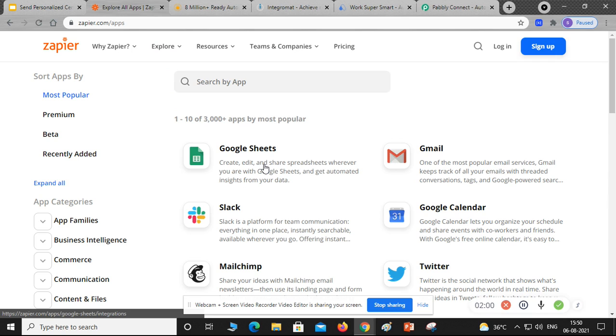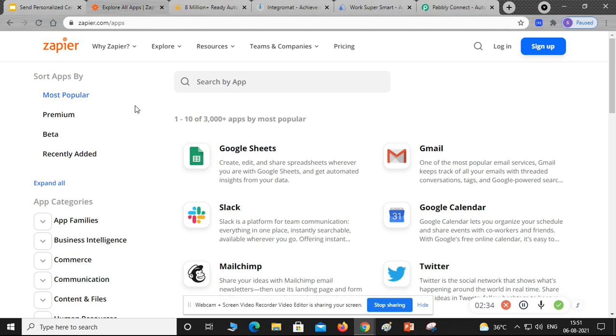So whenever a lead gets generated, you can add all the data into a Google Sheet. Without needing to download or upload it somewhere, you can just have it available online. So anyone from your team can directly see the data of leads which you have generated from your campaigns. This is just an example. Even for sales, you can automate from your WooCommerce or Shopify orders into Google Sheets, so that at the end of the month you can just review them and see how many leads are generated and all.